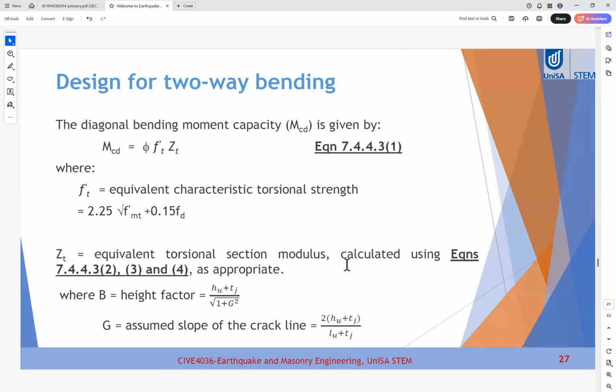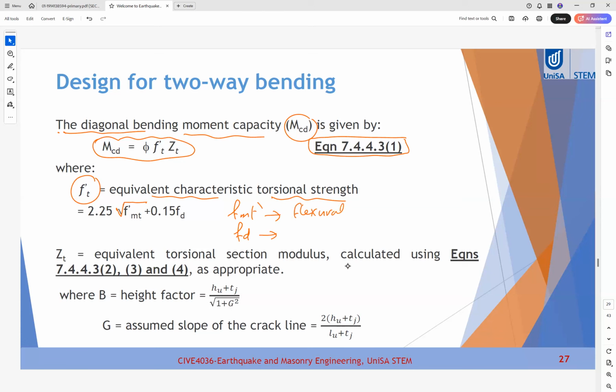For the diagonal bending moment capacity MCD, given by formula 7.4.4.1, we have MCD equal to phi ft dash ZT, where ft dash is the equivalent characteristic torsional strength, which is equal to 2.25 root fmt dash plus 0.15 fd, where fmt dash is the flexural tensile strength